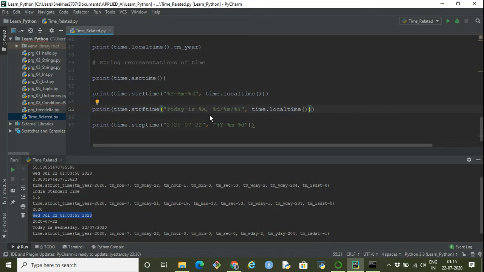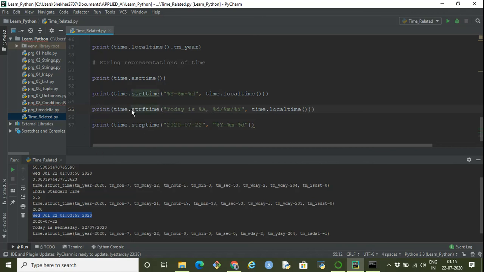After this I'm specifying the format as percent d, which is the day part, m is the month part, and capital Y is the year part in the form of century, and this is the local time. If you see, the output is like this: today is Wednesday, comma, which I have specified here, and then the actual date.